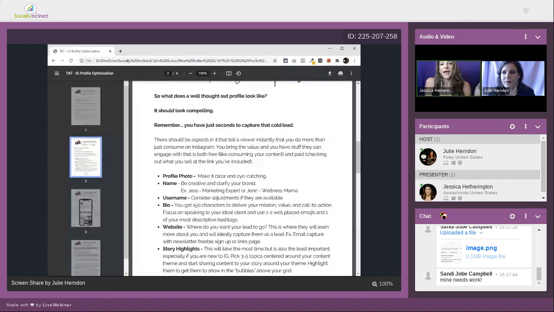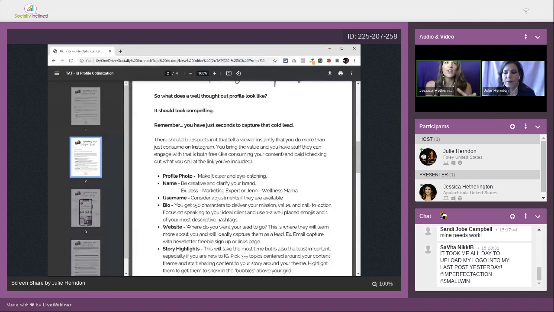And it's got to stand out, because the best way to grow on Instagram is going to be by interacting with other people. So you want your profile photo to not say, this is just another picture. It's got to tell them that you are more than just a consumer on Instagram.